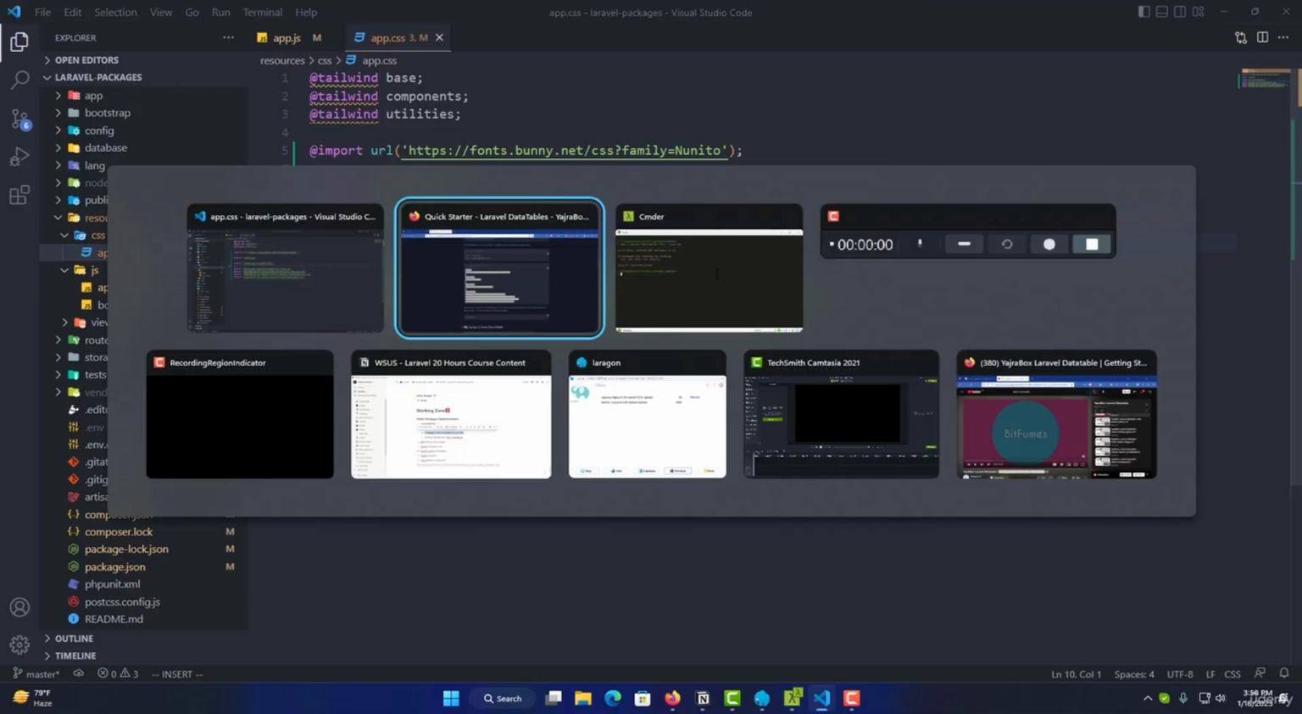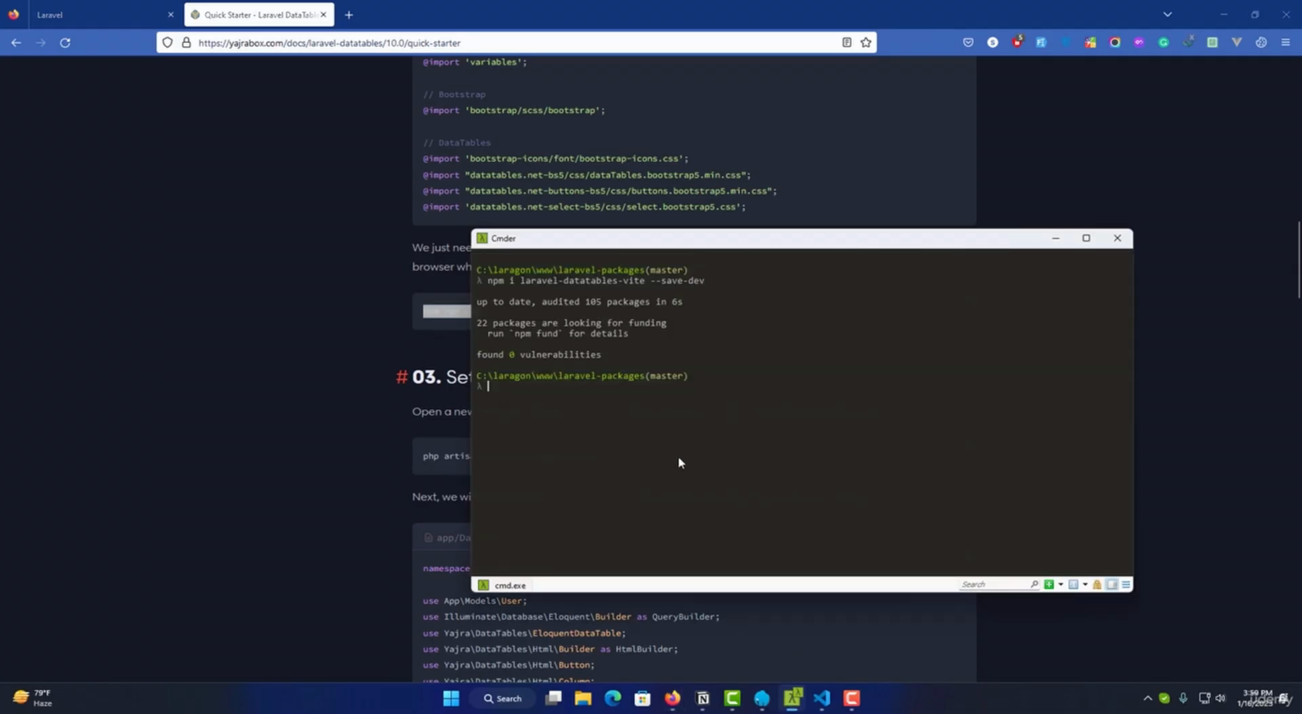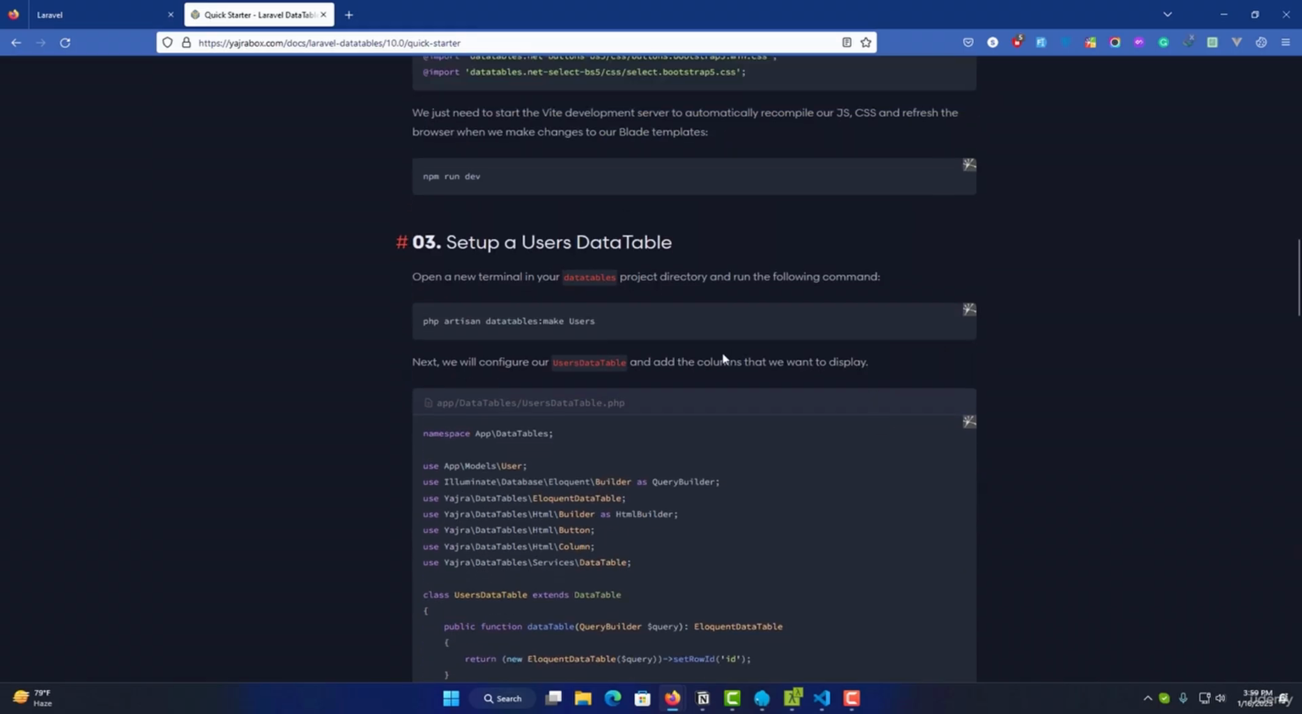Okay, now let's go back to documentation and we'll be running this npm run dev. Let's go to our terminal, paste it, enter. And as you can see, our assets compiled successfully. Now again, let's go back to our browser. Now let's follow step 3, set up a user data table. So now we'll be creating a data table for our user model, right? So let's copy it